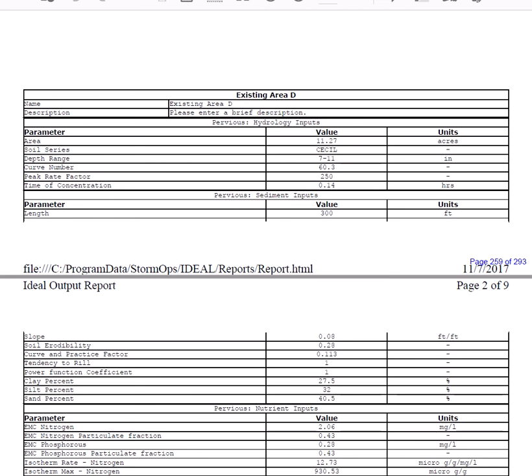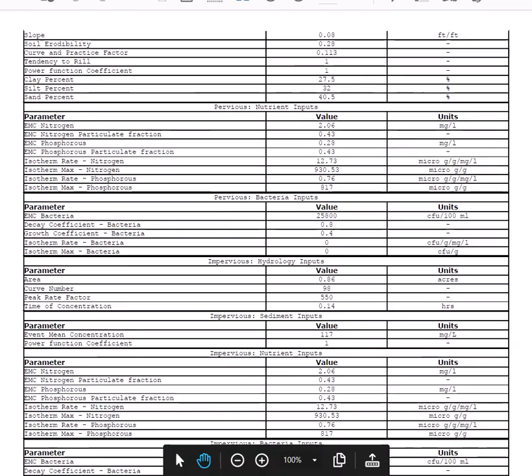But now the most important thing, in my opinion, when reviewing the Ideal calculations is making sure the correct EMC data is put in. In the model, you don't get to see this when you're reviewing the output, but in the model they'll select the land use or land cover, and Ideal will automatically generate the EMC. And an EMC is an event mean concentration. It's just a loading for a specific pollutant based on the watershed use. So in Ideal,